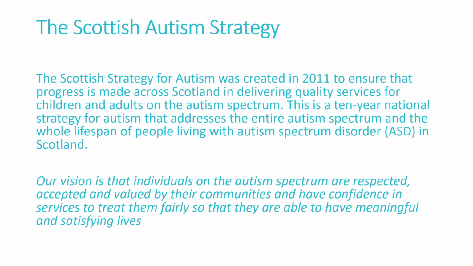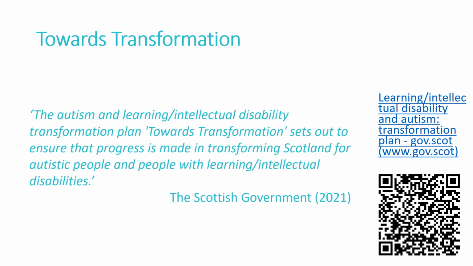A brief explanation of the Scottish Autism Strategy is also recapped within the PowerPoints. Within the group learning PowerPoint for this session, you are also directed to some information about the Scottish Government's Towards Transformation Plan, which provides an update on current plans for progress relevant to people who are autistic or those who have a learning disability. This information is not contained within the module, which was developed shortly before this update.